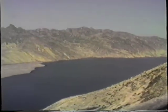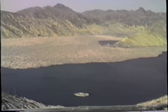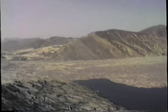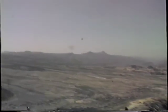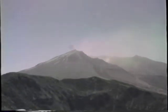Tippy top, a much better view of Spirit Lake from up here. Of course, there's all the timber that's going into the lake, which I guess will pretty much be there forever. This is the area, of course, here where it had the landslide and then blew out. See a little bit of the dome up in there. It's steaming from that point. We'll move up here and get